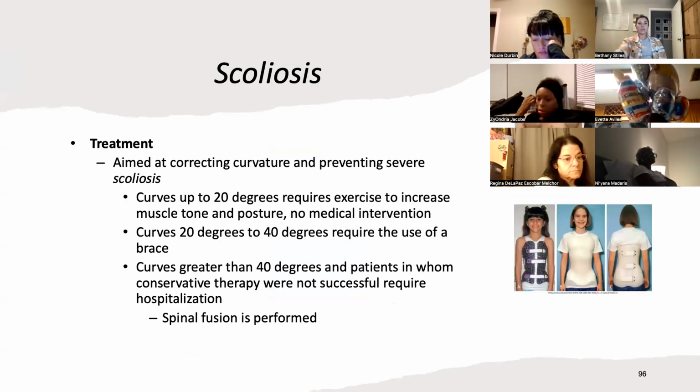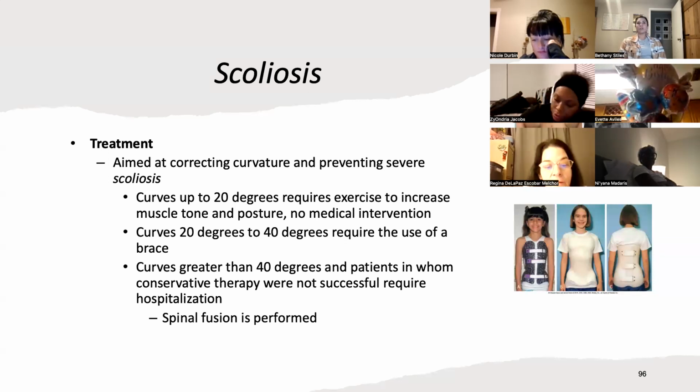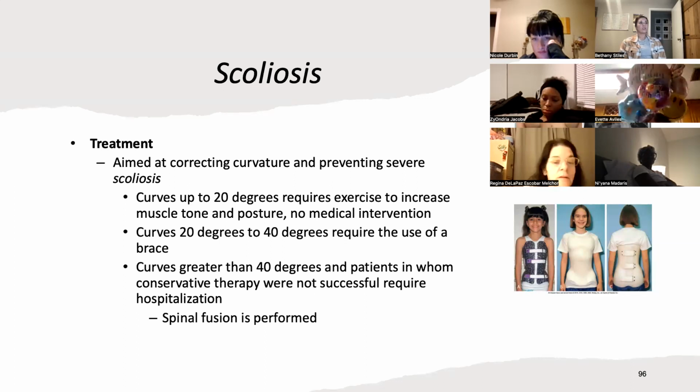Our treatment is going to be aimed at correcting that curvature and making sure that we're not developing severe scoliosis. So our curves that are 20 degrees or less, we can just do physical therapy and exercise to correct those. Curves that are 20 to 40 degrees are going to require a brace. So typically that Milwaukee brace